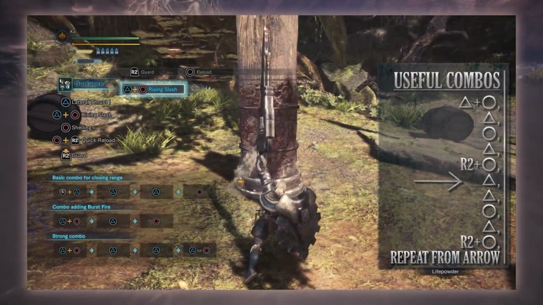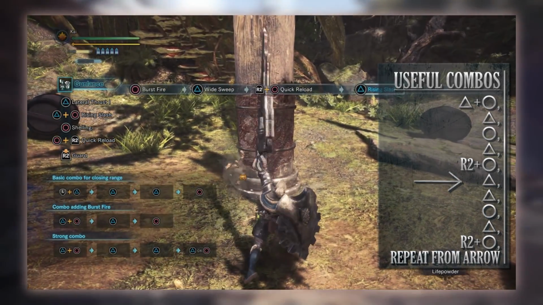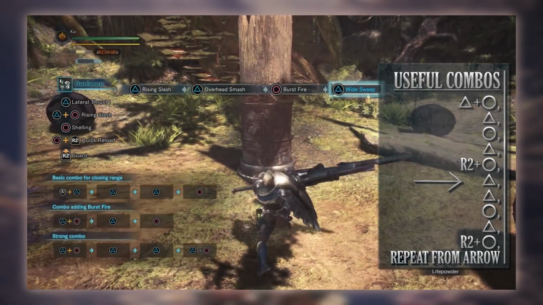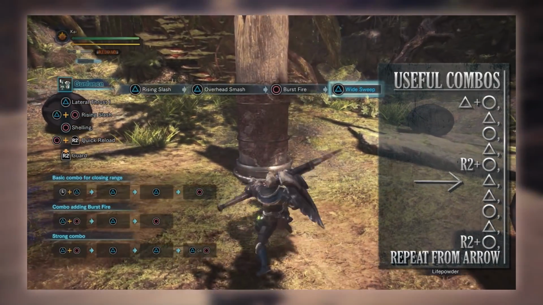Next is the rise and slash combo, which is done by pressing triangle and circle. This is then followed up by pressing triangle for an overhead smash. You then press circle to perform your burst fire and load in all of your shells onto a monster at once. You then go into the wide sweep with triangle, afterwards go into the quick reload with R2 and circle,